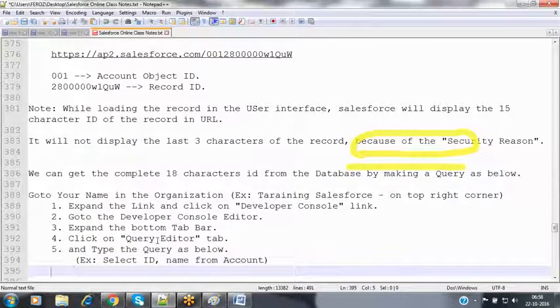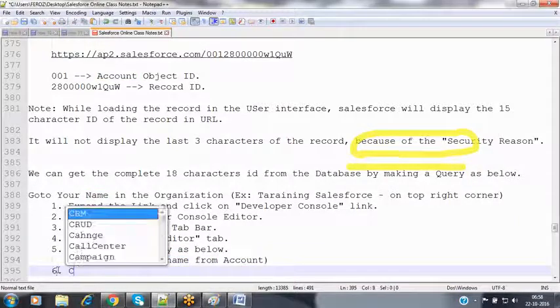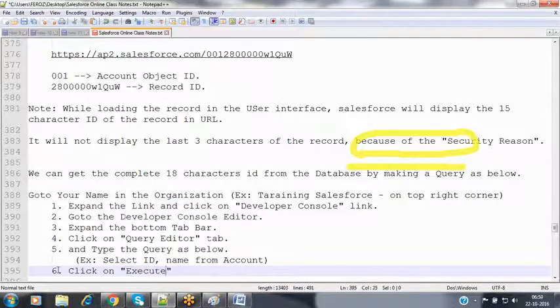Now this is the account table. In order to get the data, we are using that select statement. I would like to select the ID of the record and the name of the account record from the account table. And then click on the execute button.